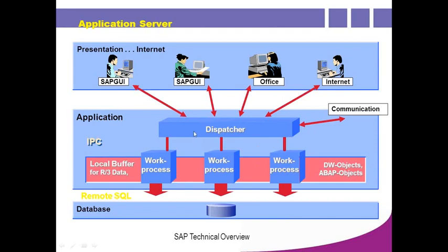In this application layer we are installing SAP. To process your business we are using SAP as application software. That's why we call it SAP, which means Systems, Applications and Products in data processing. The SAP abbreviation is Systems, Applications and Products in data processing. So that is the meaning here.